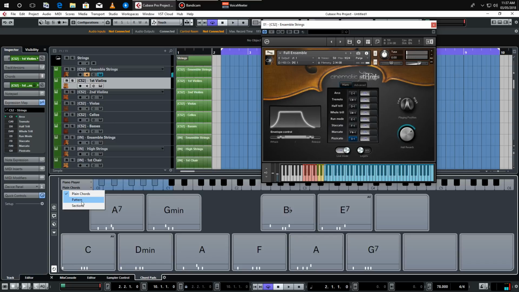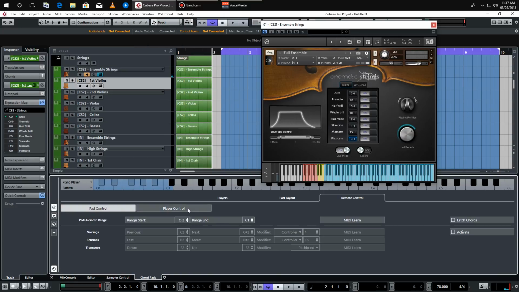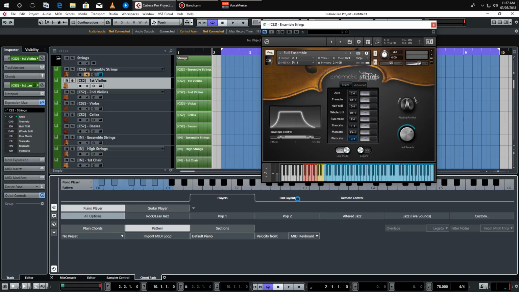And you've also got things like your patterns and sections. Patterns is quite useful actually. If you click on pattern and then go to the edit window and then click on players, you can actually drag and drop MIDI into this. What it will do is it will play,